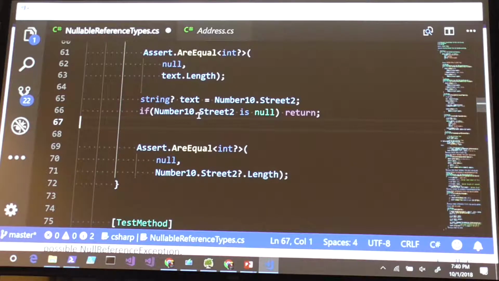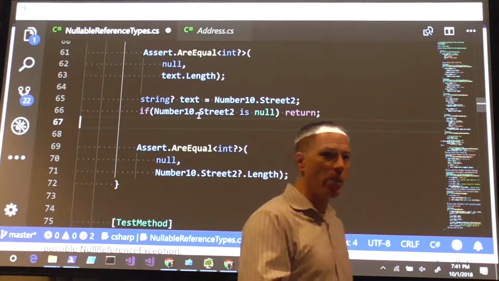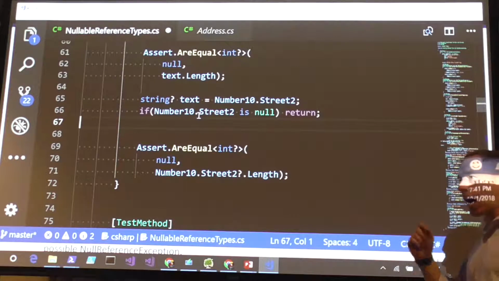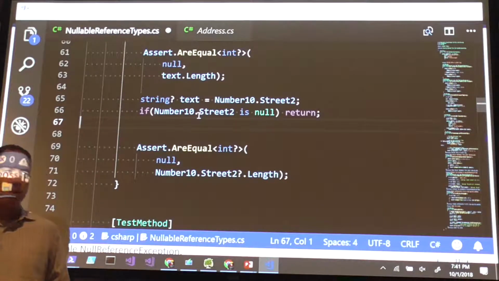And this is a really important point to understand about what's going on here: we are not making any checks at runtime. We're not changing the code semantically at all. In fact, true story, it is quite likely that we will not update the .NET Framework to reflect nullable reference types by the time we release C# 8. That means if you work with Console.ReadLine, which cannot return null, and we don't happen to get round to updating that data type to be string versus string question mark, or whatever the other way around is,